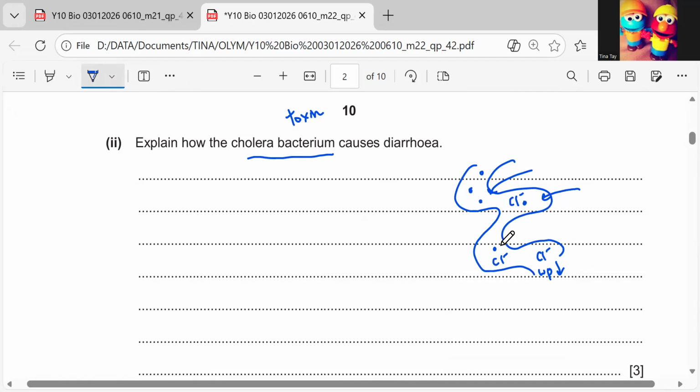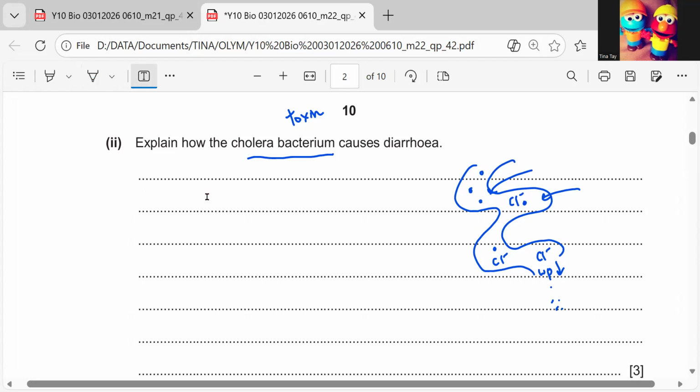Water is supposed to be absorbed out, so that you don't pull one cup of water, right? But in this case, water is starting to go in. So it causes watery feces. Correct? Okay, so the first thing you have to say is the cholera